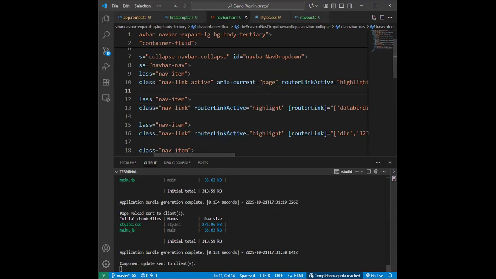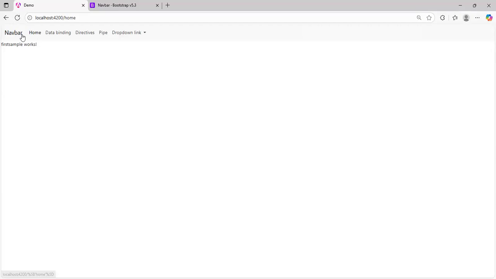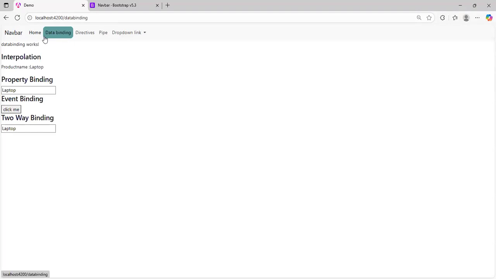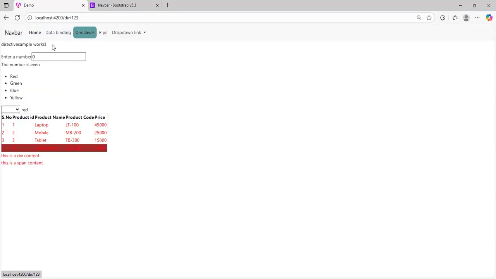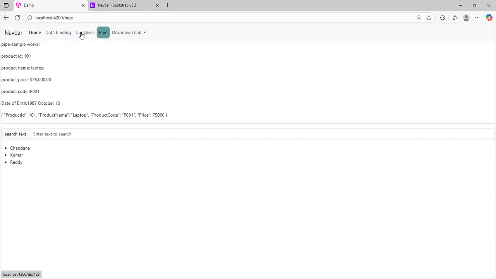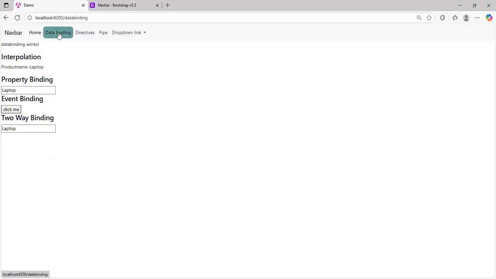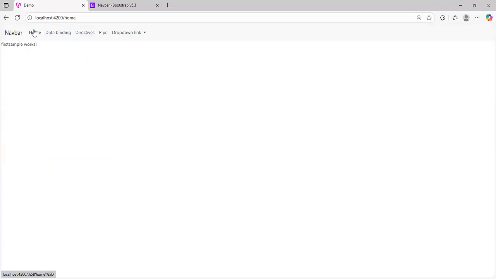Okay, so go to the one here, then click here. Okay, the color is changed, you can see. When you go to the directive, the color is changed. Go to the pipe, color is changed. Directive, color change. Data binding, color change. Here on data, when you go to the home page, the color is not changing